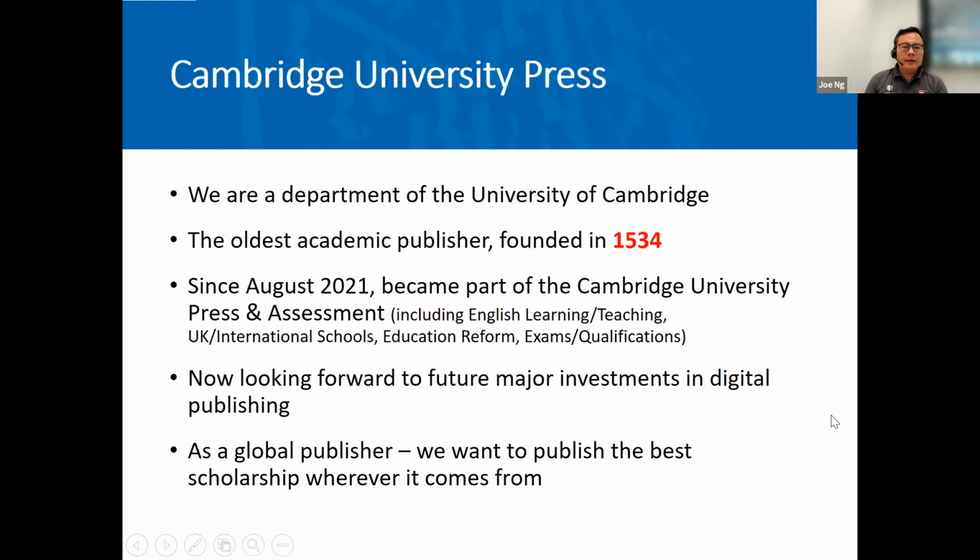So firstly, Cambridge University Press, we are actually a department of the University of Cambridge. Okay, so we were actually founded in 1534, quite a long time ago. We became part of the University Press and Assessment Group last August after merging with our Cambridge Assessment fellow